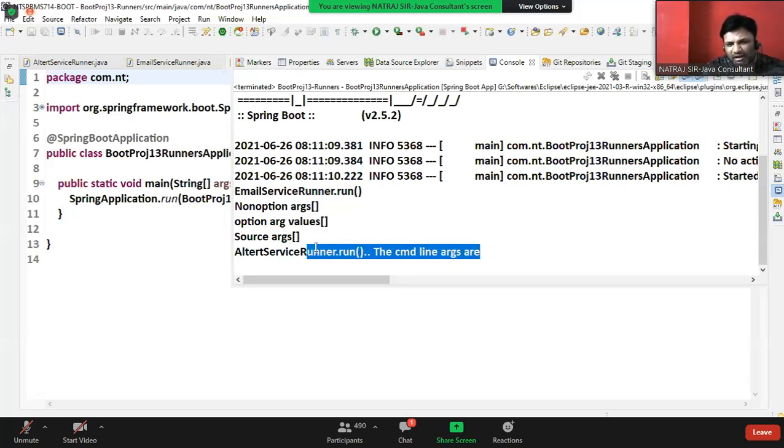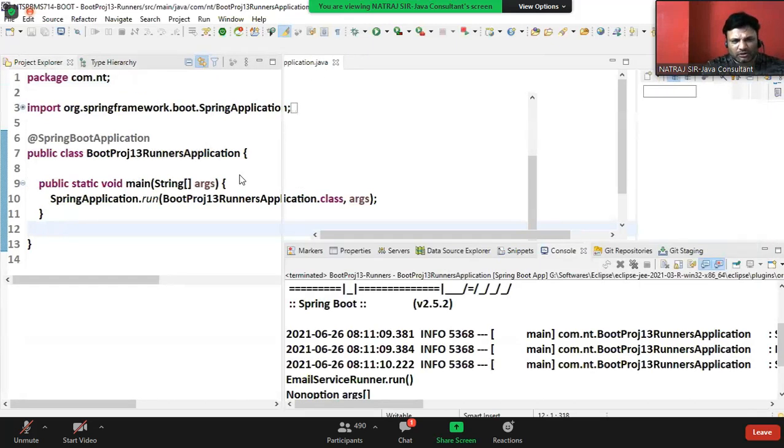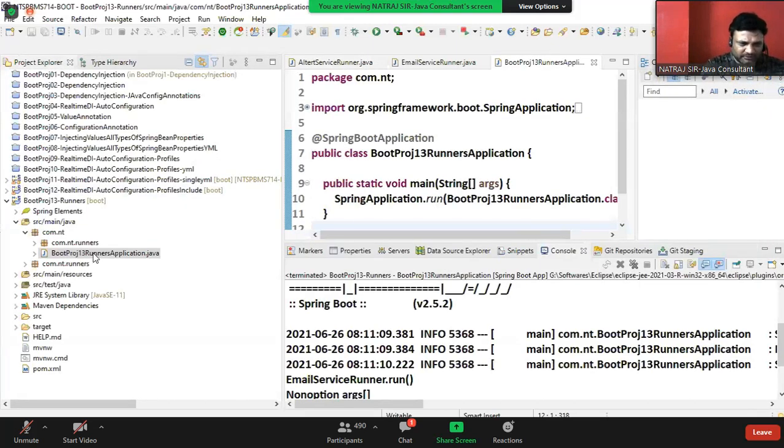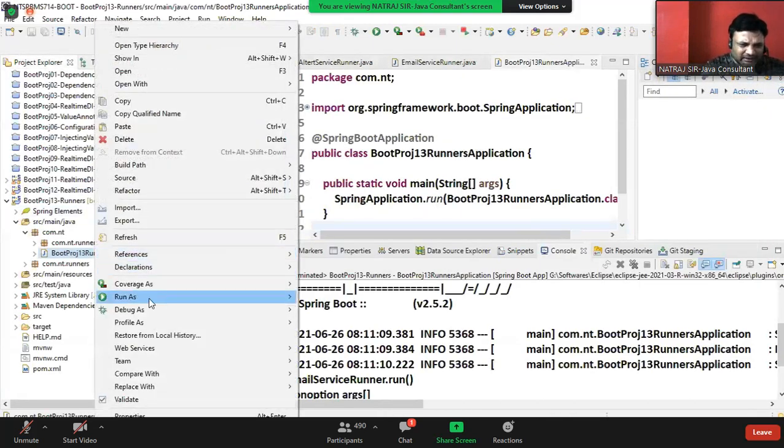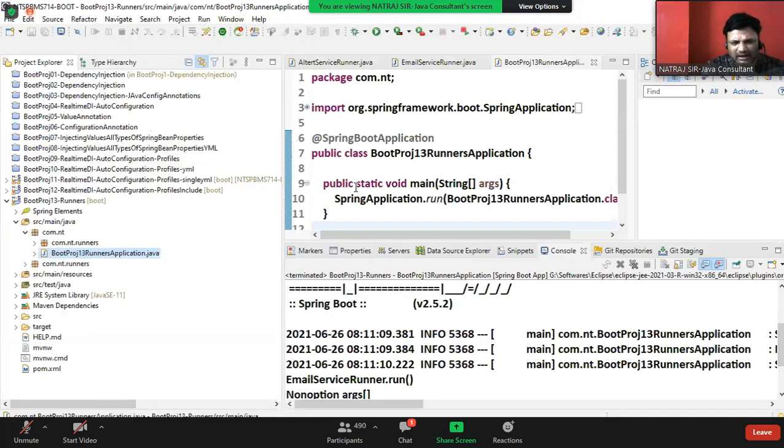Sir, why are all these empty? Because right now we didn't pass any command line arguments. Did we pass any command line arguments, guys? No. Let's right click, run as, run configurations,